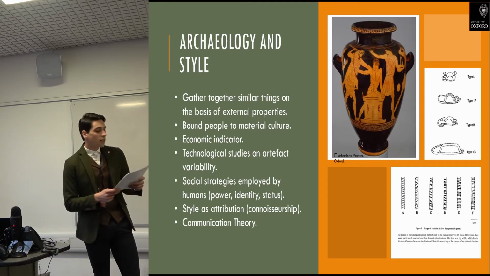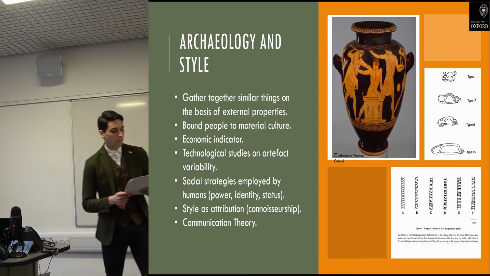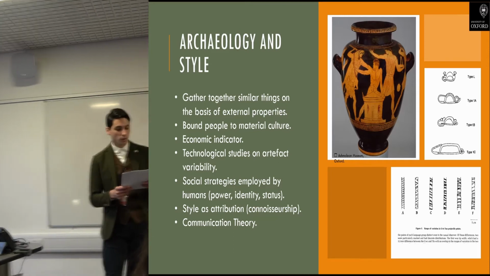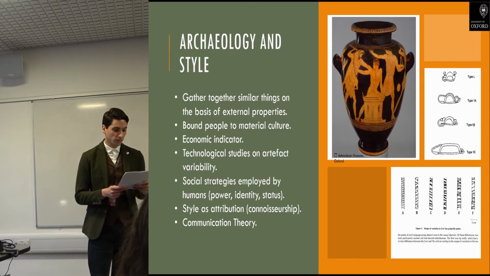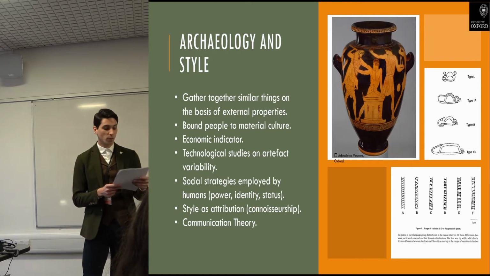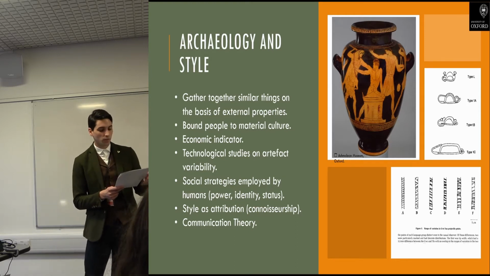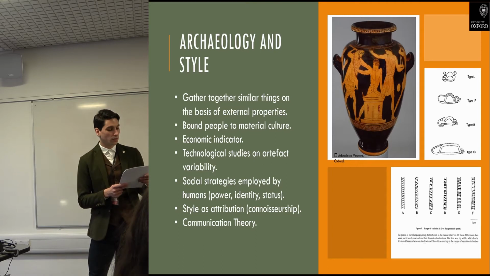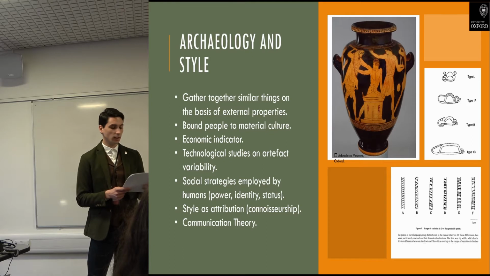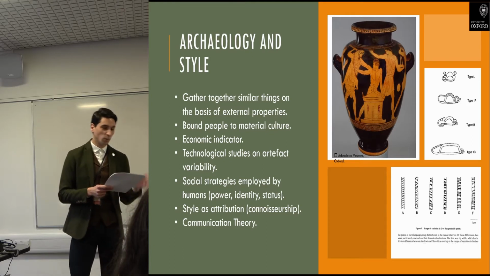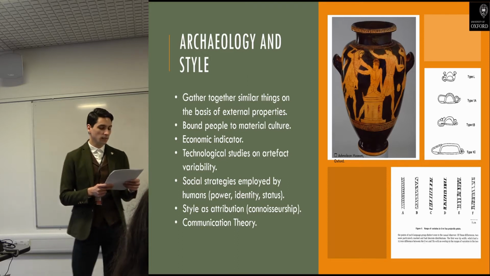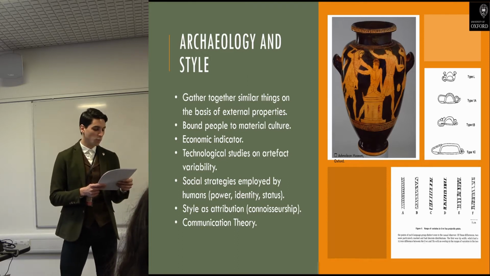So what is style? Style in archaeology has been used since the beginning of the discipline. Stemmed from the concept of type that was referenced for all objects sharing similar qualities, it became a way to make sense of the archaeological data. In its broadest usage, style is used to produce uniform description of artifactual variation and change over time. The sequences of artifacts give shape to type and then become reference for other similar objects, a vertical genealogy, where the accent is placed upon what is new and what is not. The notion of style was hence used to gather together similar things based on shared physical properties of artifacts.